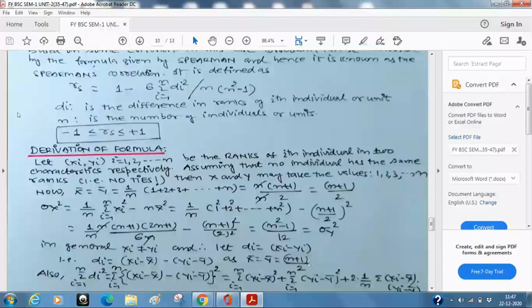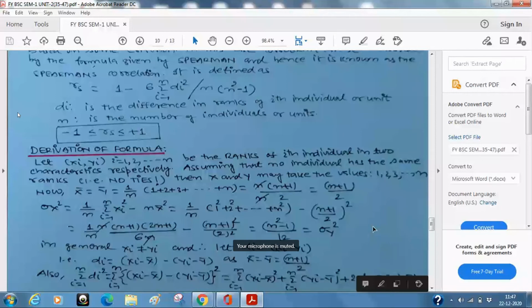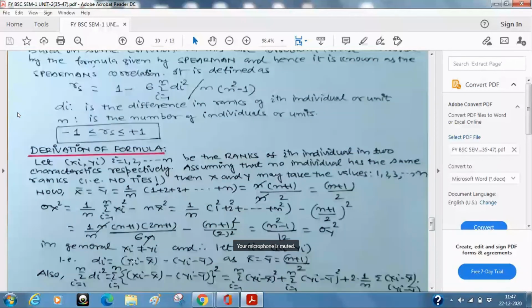Right? So this is the value of di. Now if this is the value of di, just like suppose this is some constant a, if not constant, any value a, this is b, let us square it. So first we square and then second we take the summation. So there are two things which I am doing from this step to this step.